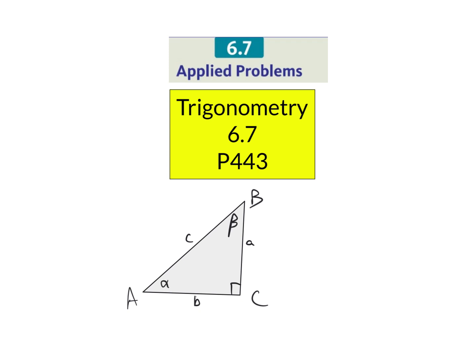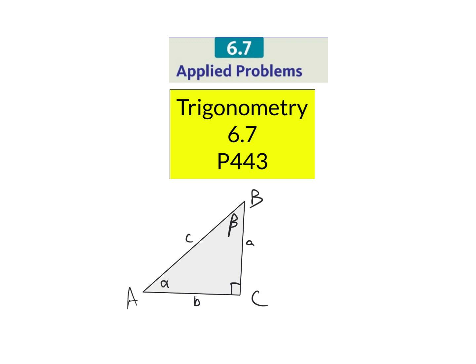Welcome to 6.7, story problems. That's what we want. So basically what we have here in this setup, this is important. You're going to set up a 90-degree right triangle, and these are your angle variables, and the lowercase letters are your side lengths, and the capital letters are the corners. Okay, so we're going to set this up on each problem, and then we're just going to go through